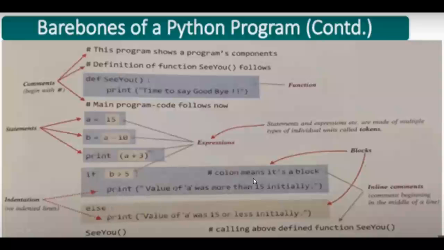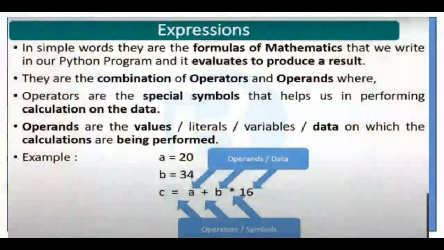And this is indentation, which is applied here. See, the print statement is slightly shifted towards the right-hand side. This is because of the indentation needed in Python programming. This is also explained in more detail in the flow of control chapter, and we will learn about the concept of indentation there in detail. So let us now first start with expressions.